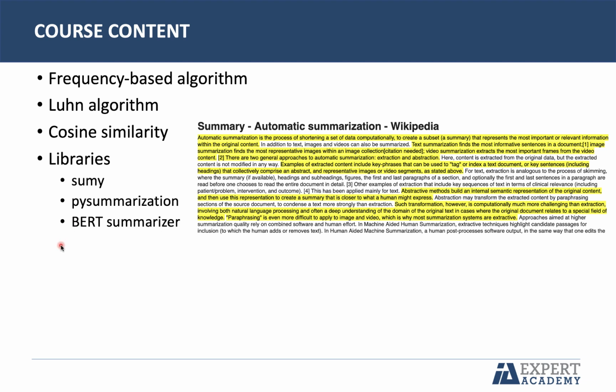Basically, there are 2 ways to implement the algorithms when working with the subject: the basic techniques of natural language processing, NLP, and more advanced techniques using deep learning, which are artificial neural networks. All the algorithms that we are going to implement are based on these most basic techniques, and these 2 libraries, PySummarization and BERT, are based on deep learning. It is important to emphasize that the focus of this course is on NLP techniques, and we are not going to implement neural networks. And there are 2 ways to generate the summaries: